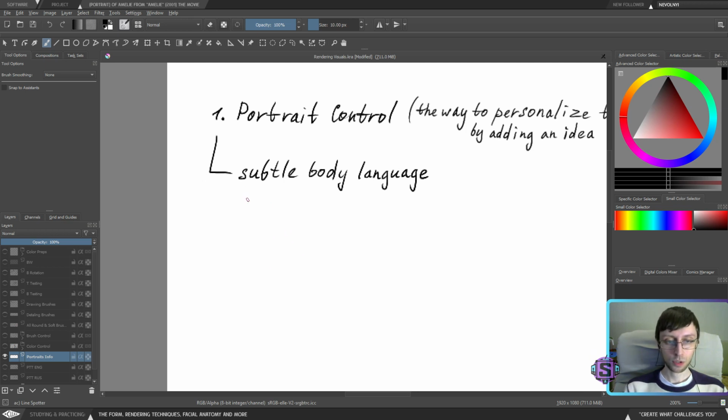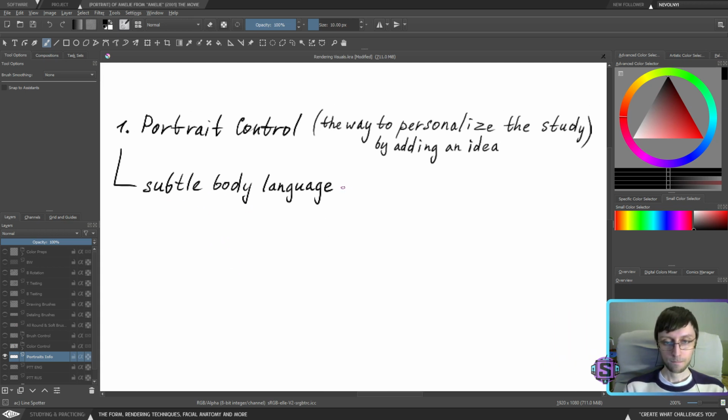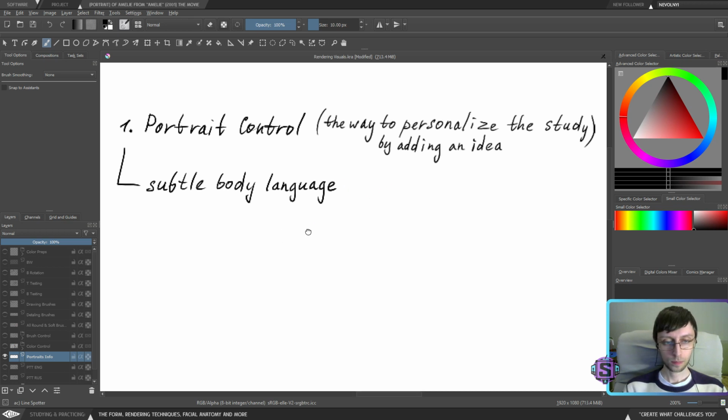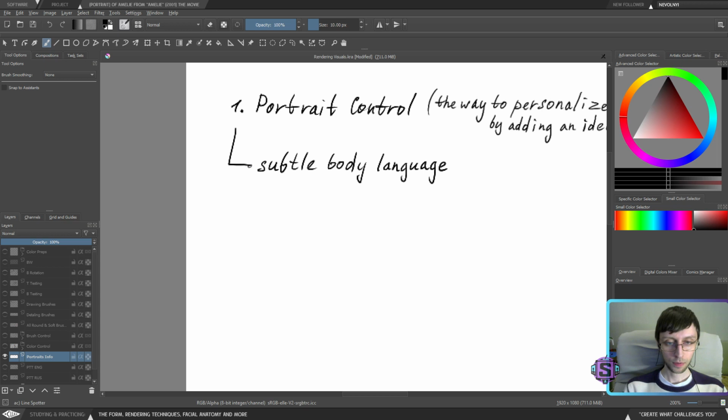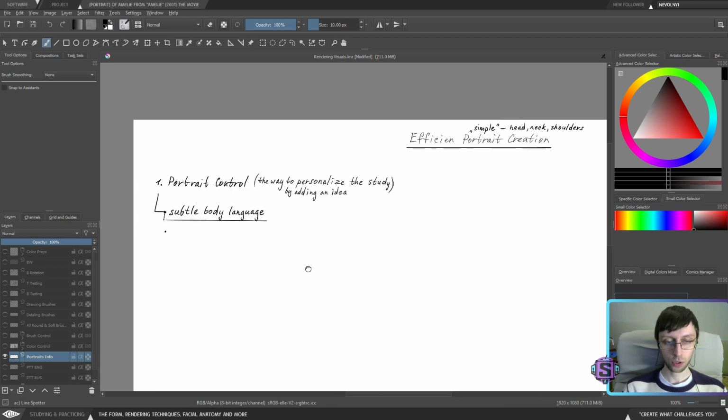So let's try to establish those. What can we control by having only head, neck, and shoulders?